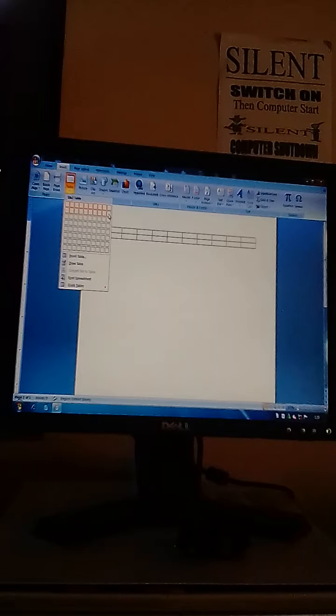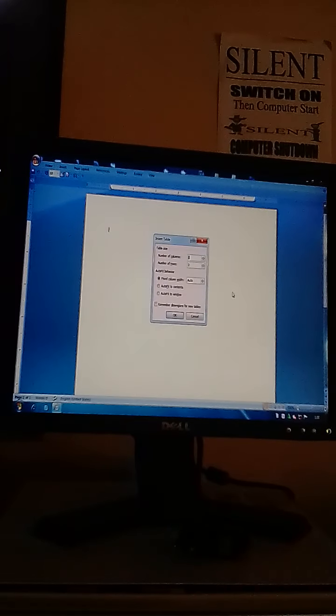So dear students, there are different ways to insert the table, but the Insert Table way enables us to insert our table very easily. So we will click on Insert Table. When we click on it, a menu appears.